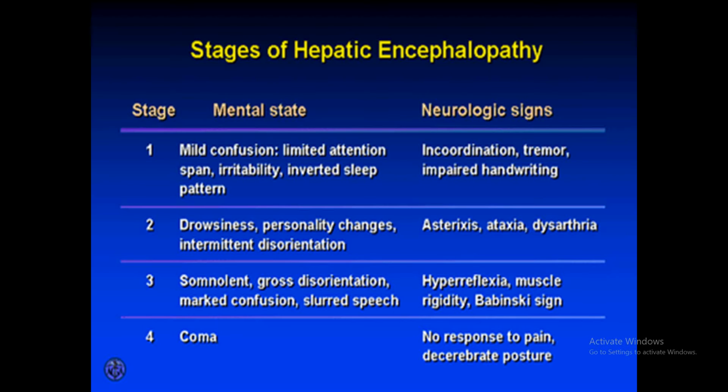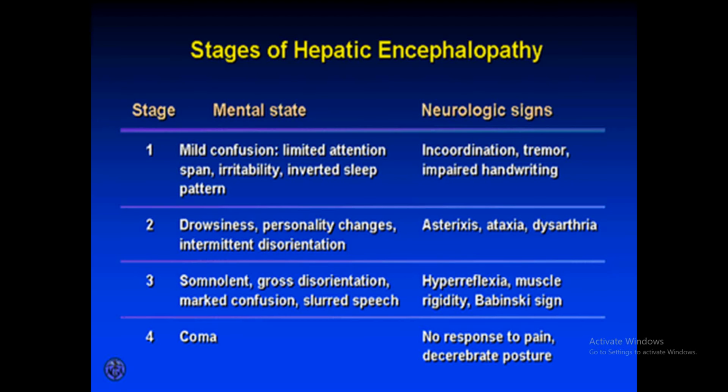On examination, you see the patient becomes very quiet, and the blood pressure is usually down. The patient is likely to be dehydrated, anemic, and all peripheral stigmata of liver disease are present. One more thing which is very important is the fetor hepaticus, the smell which comes from the mouth, and the hands have a specific type of tremor. The tremors are called asterixis, flapping tremors. You flex the whole hand and then suddenly slap it.